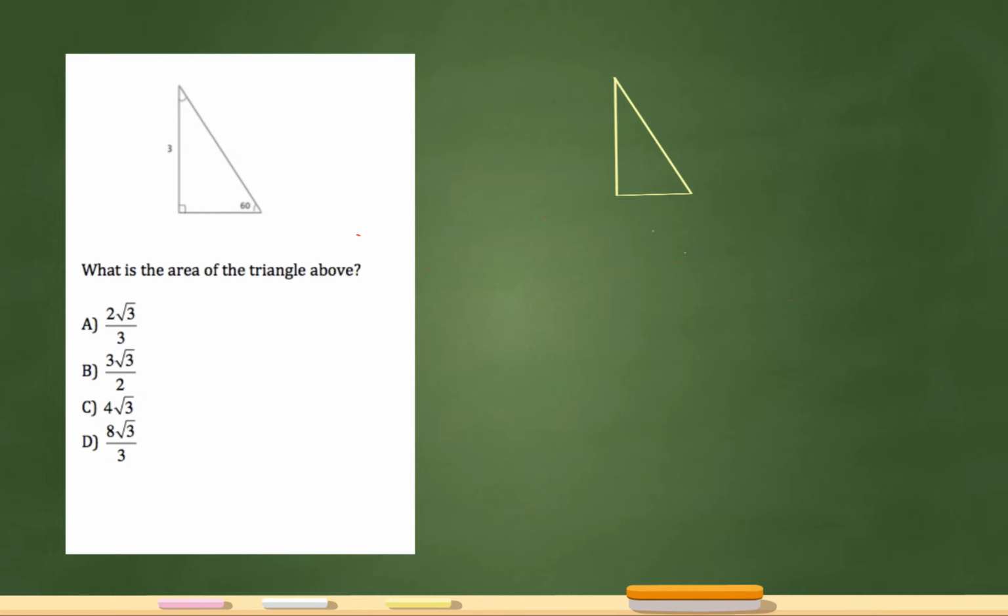What is the area of the triangle above? All right, cool. So I see a 60-degree angle. All right, let's get the red pen out. So I see a 60-degree angle there, a 90-degree angle there, and that tells me this has to be